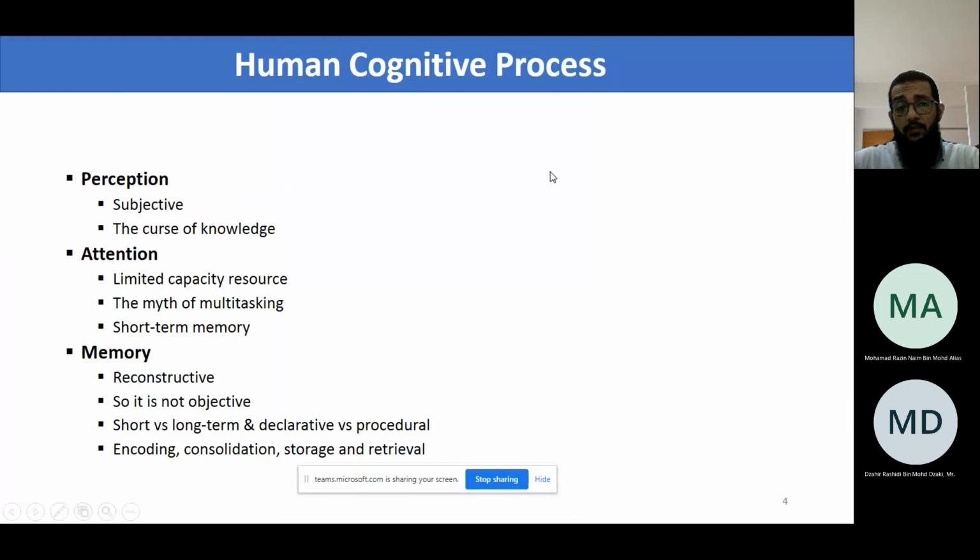The first aspect is the perception, because learning starts by perceiving the environment or perceiving the material you want to learn. So perception is the first aspect, and there's a couple of points I want to highlight under this aspect. Then we'll talk about attention, because of course, as we see, you need what is called attention to learn. And finally, we will just touch on the topic of memory,